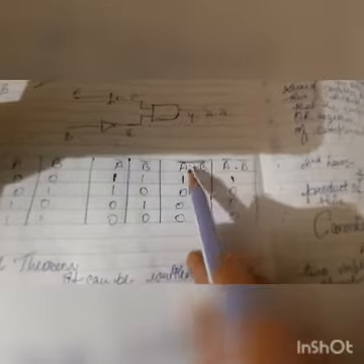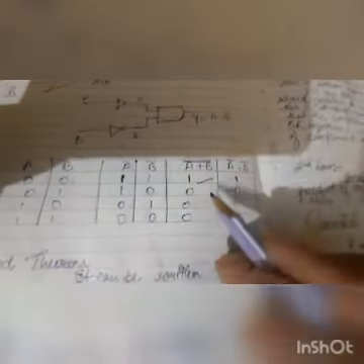Similarly, now we will add it, A plus B, the whole bar. So A plus B: 0 plus 0 gives you a 0, but the complement of that gives you a 1. 0 plus 1 is 1, but the complement of A plus B will be 0. 1 plus 0 is 1, but the complement is 0. 1 plus 1 is 1, but inverted, 0.